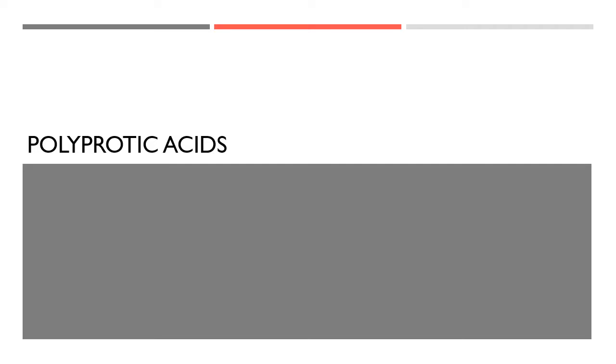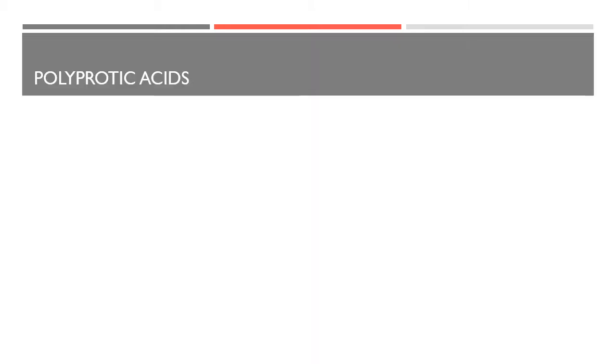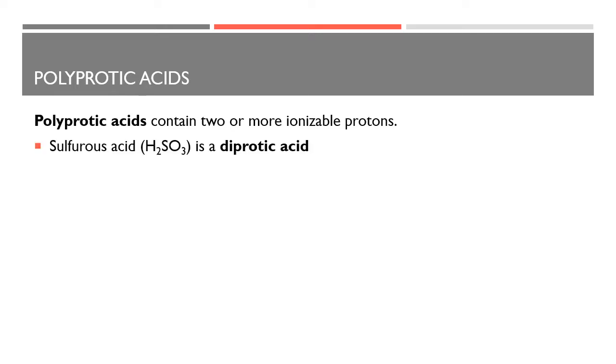In this lesson, we are going to learn how to calculate the pH of a polyprotic acid. So, what's a polyprotic acid? A polyprotic acid contains two or more ionizable protons. For example, this sulfurous acid, H2SO3, is a diprotic acid because it has two hydrogens that are ionizable to